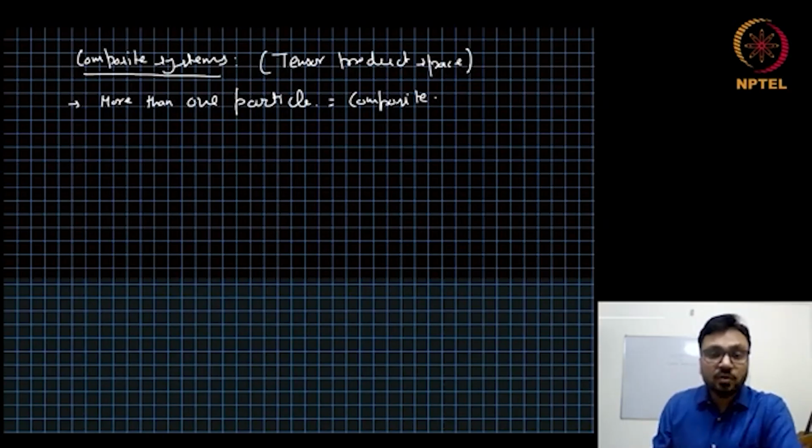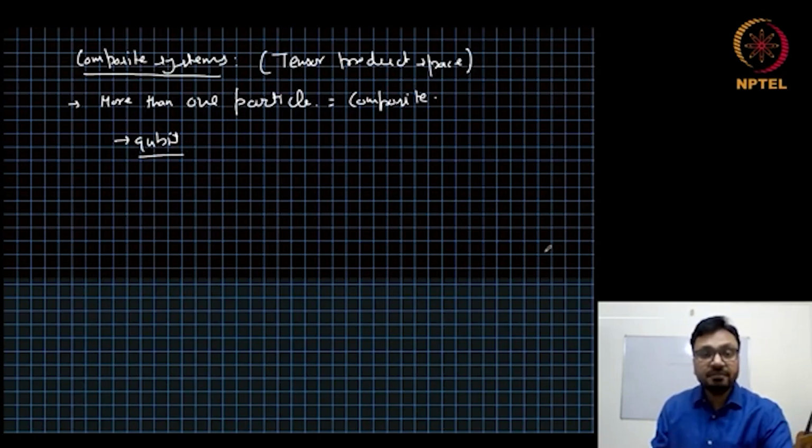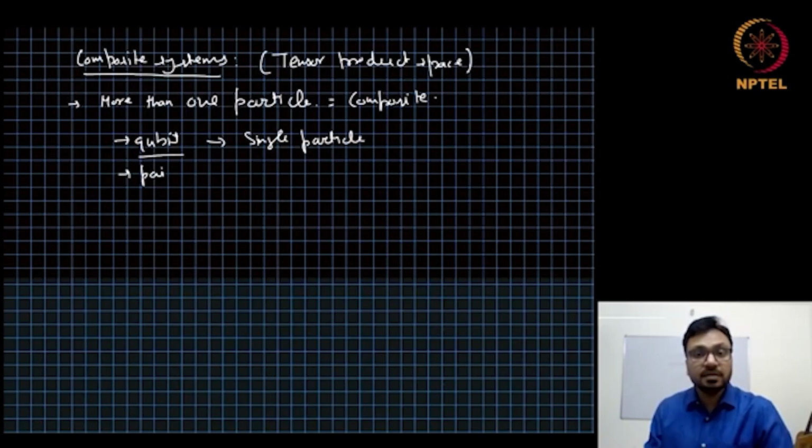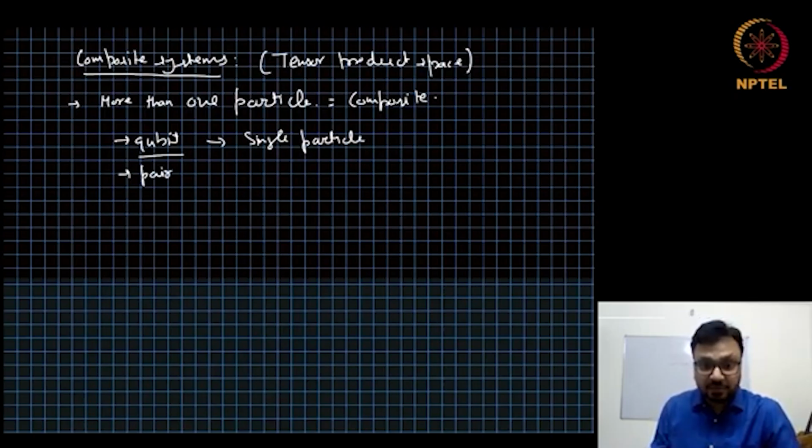So here, when we say more than one particle, it means the single unit of quantum system. Like we were saying earlier, a qubit is one single unit which has one particle in it. We are saying single particle, even if we have an ensemble of particles, they are coming one by one to us. So it's always a single particle, but repeated copies multiple times. Now, if we have a pair of qubits